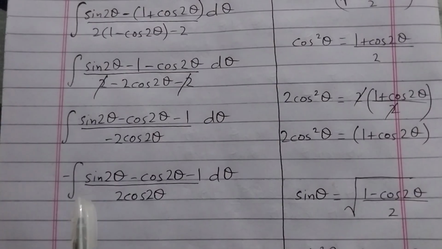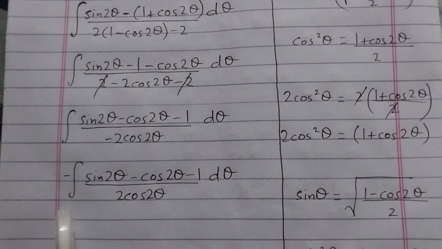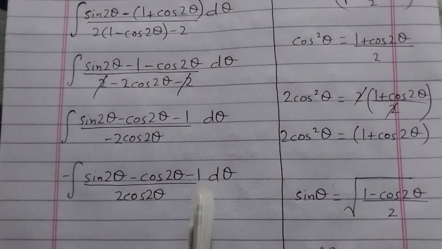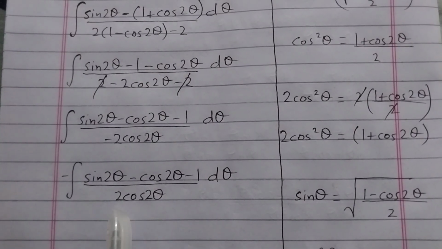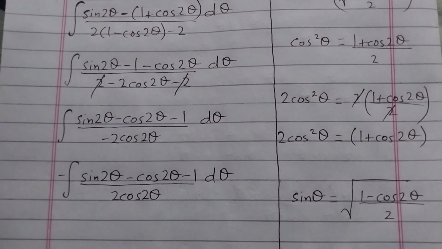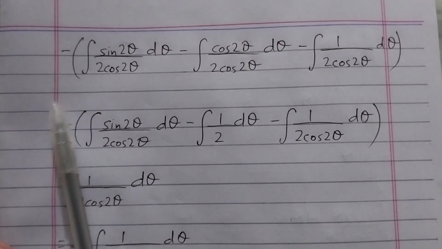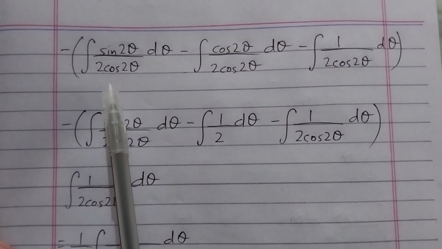So I'll just separate these terms in the form of fractions. I'll write sin 2 theta over 2 cos 2 theta, and I'll integrate it separately, minus cos 2 theta over 2 cos 2 theta, I'll integrate that separately, and finally 1 over 2 cos 2 theta, and I'll integrate that separately. So we are basically using the linearity property here. So this is what we get after using the linearity property: negative times integral of sin 2 theta over 2 cos 2 theta